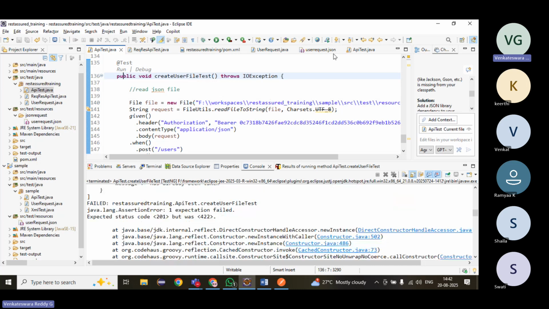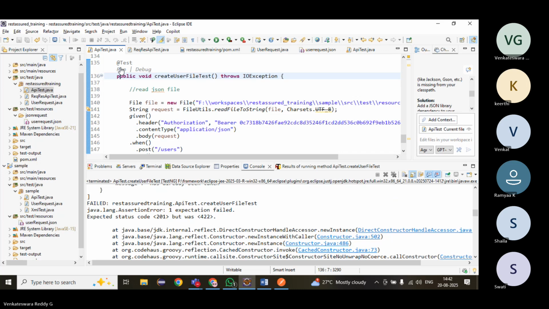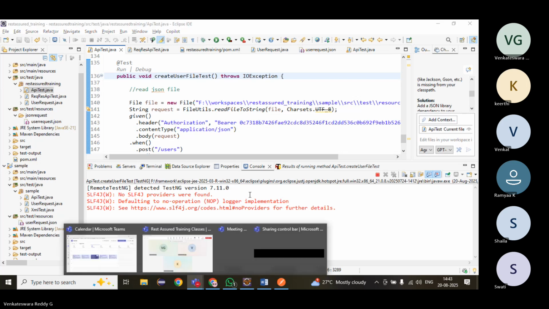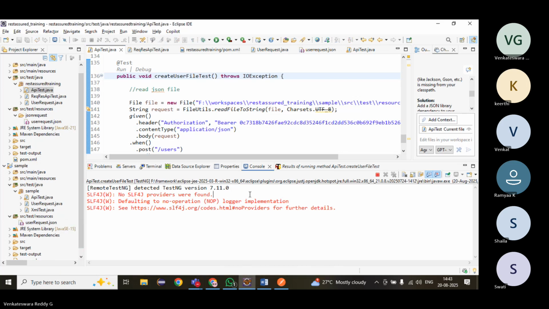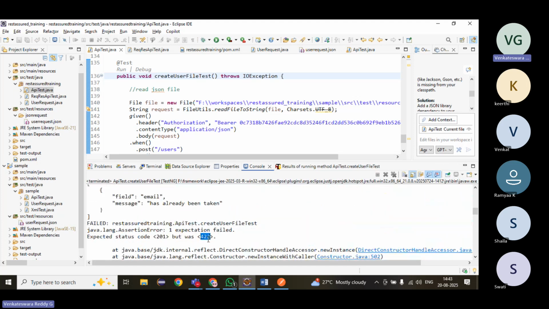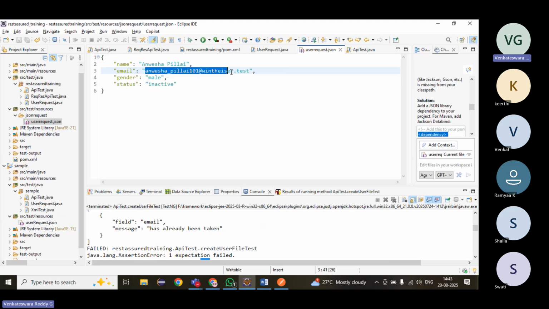Okay, email, right? We have to change the email. Just change it to 101. Still what is there? It's also already there. Okay, what will we do? We will do a simple trick here. Once we read, what we will do is: